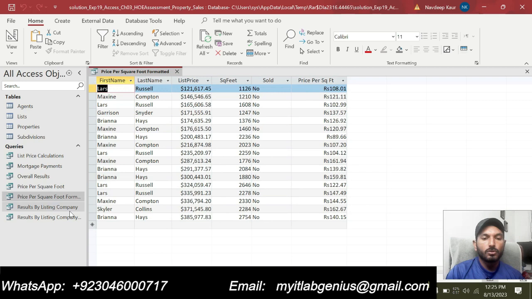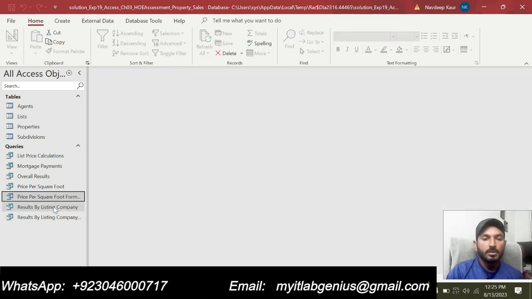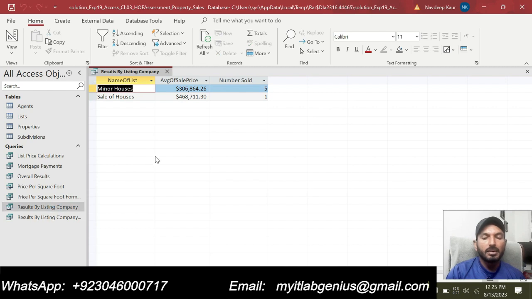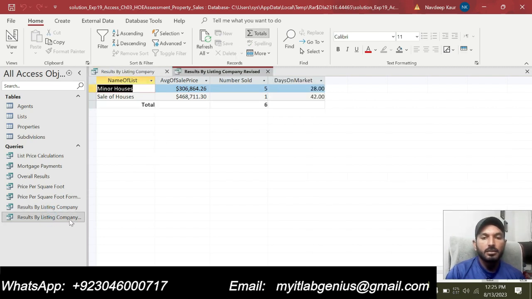Price per square foot formatted, this one. Result by the listing company like this one. And result by the listing company revised like this one. So these are the queries. From these 7 queries, I have already created 4 queries. You can create those 3 remaining queries on your own.